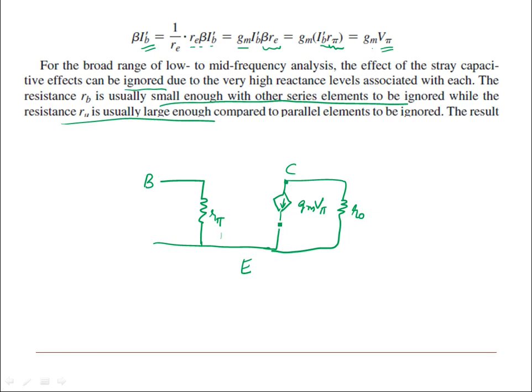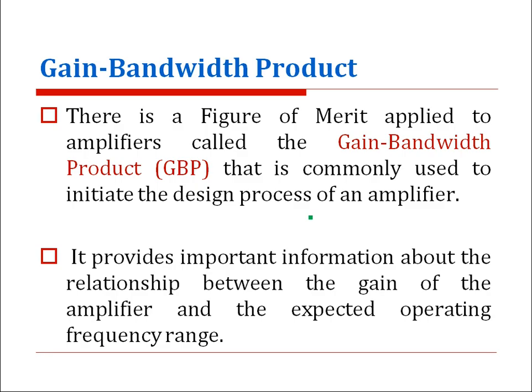This is similar to the models which you have developed for the low and high frequency, the h parameter model. You know the equivalence between these and the re or h parameter models. This is nothing but beta Ib. Here Ib dash will not be there because you have approximated this without rb, and you have Ib current which is flowing through this. So again you have beta Ib. So it is similar to the low frequency equivalent circuit now.